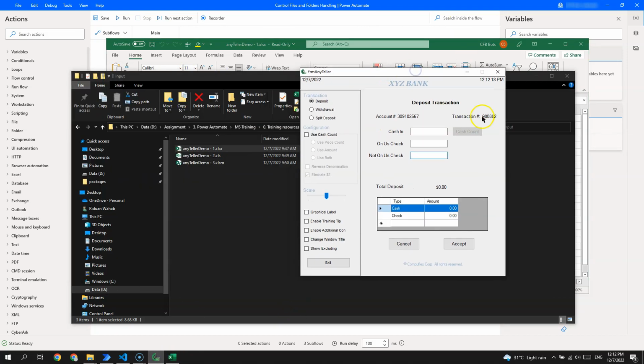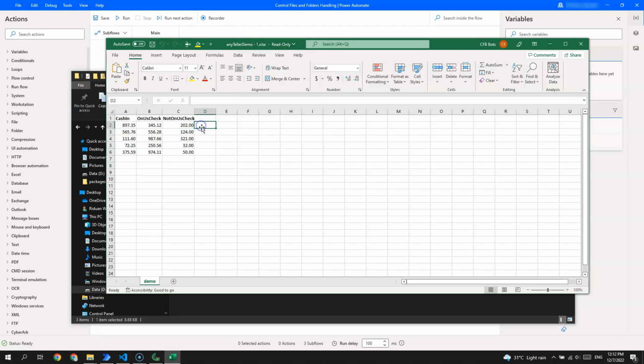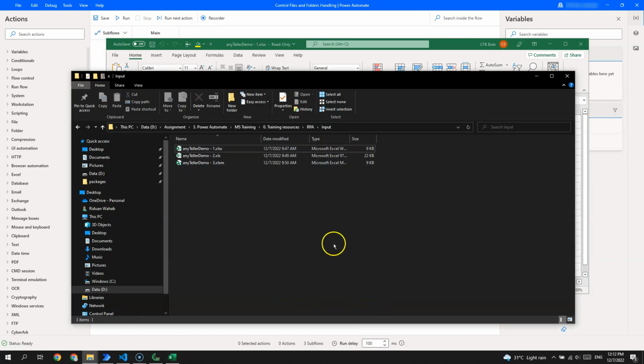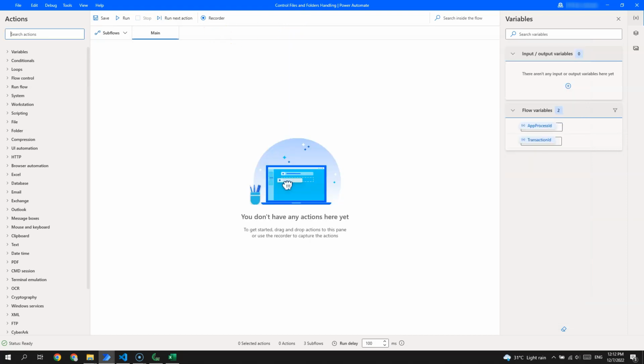Okay, so I will get the transaction number, enter the values here, and click on the accept button. Once done, we will update at our column D the transaction number. After that, we'll move those files from my input to my success folder. Alright, so let's start off with get files